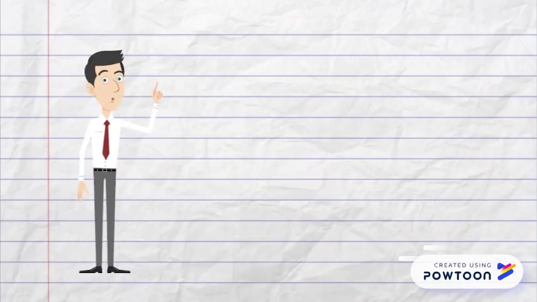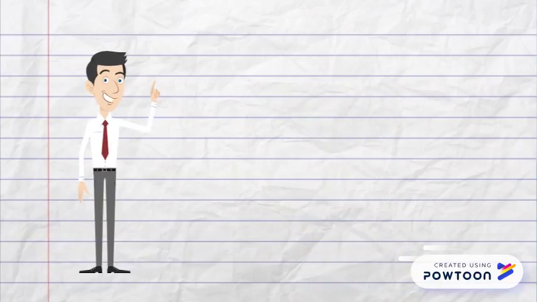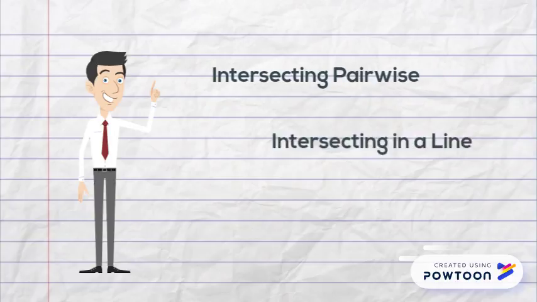Hi there, today we are going to learn about the intersection of planes in 3 dimensions. However, we will only focus on 3 planes intersecting with each other without being parallel to each other. There are 3 ways planes can intersect with each other, which are intersecting pairwise, intersecting in a line, and intersecting